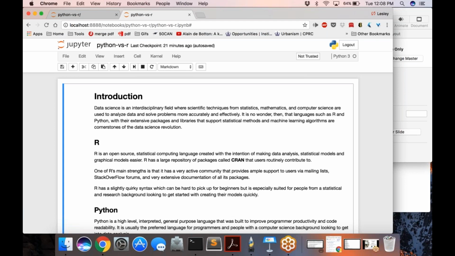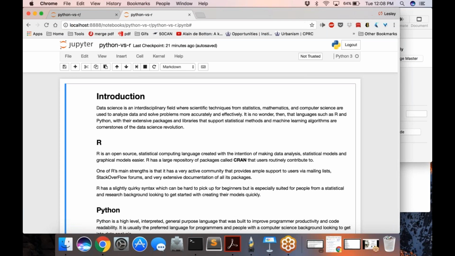Where Python and R fit into that is that they're the two most used languages within data science. If you check which are the leading programming languages under data science, you'll definitely see R and Python, as well as maybe a couple of others here and there. But by all means, right?